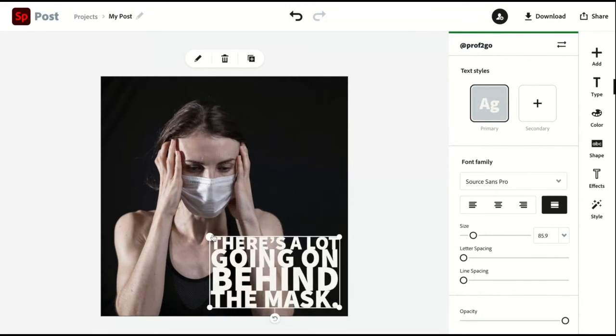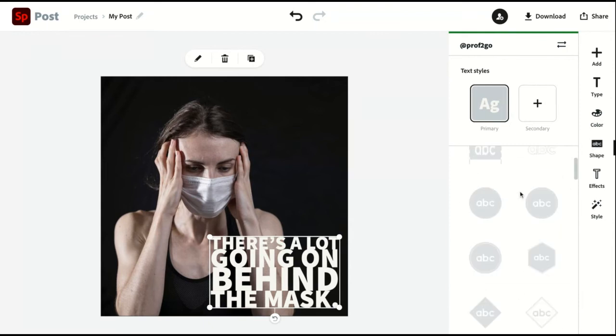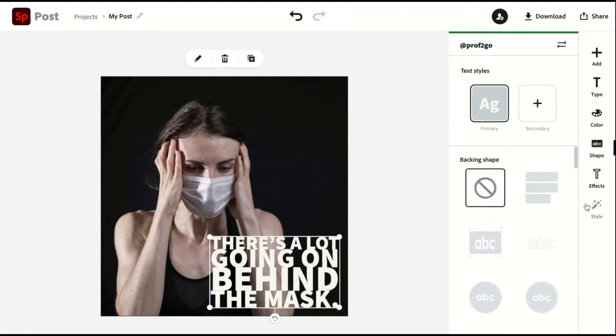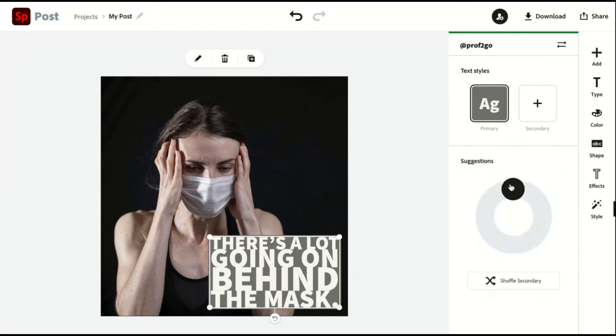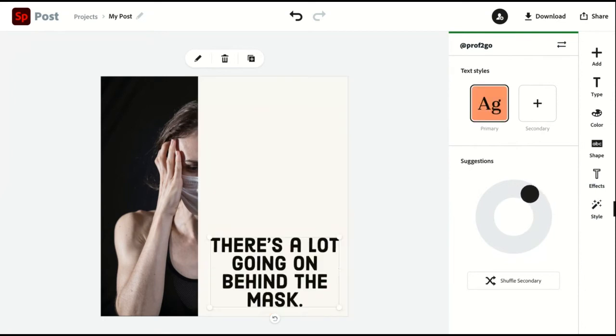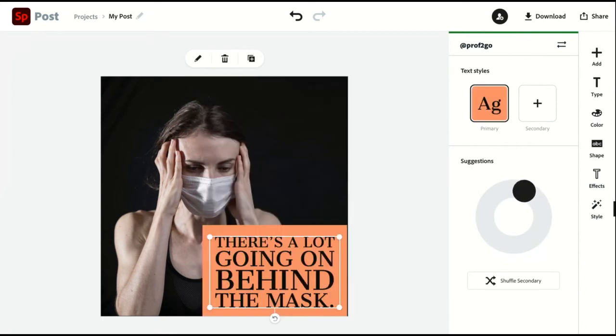You can scale it up. And of course, you can change the color, put it inside an actual shape. You can add effects and change styles. There's a style wheel here. I kind of like that. I think that's working better. So the style wheel will shuffle through a number of appropriate styles like font and color choices for you.